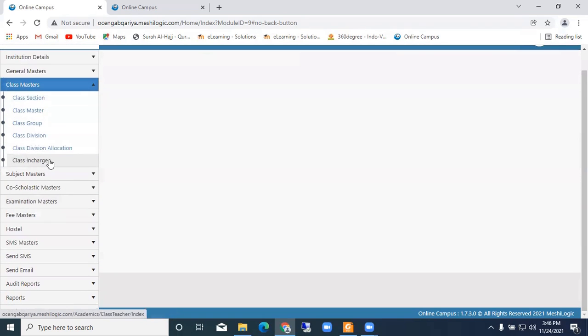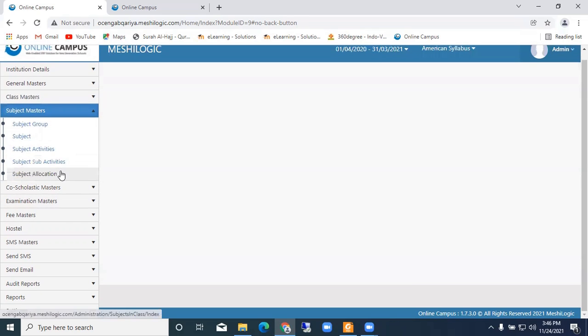And then coming back to the class master, you can create the classes. We'll see that tomorrow. It's a huge module. Definitely it will be interesting. I'll put a lot of light on this. You can definitely enjoy this particular administration module. There are a lot of things, only one-time setup, and as and when required, we have to go and work on this. That's it.